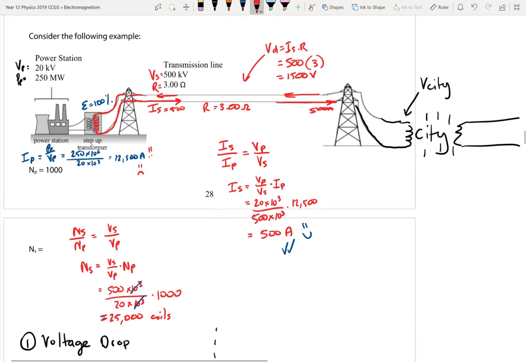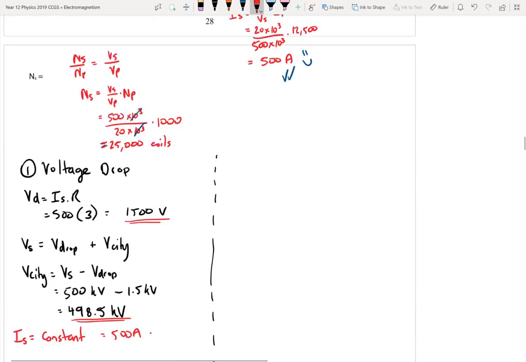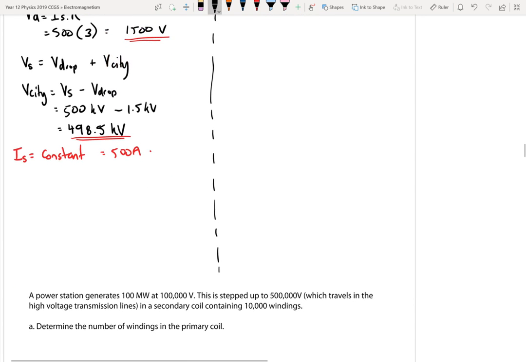So we could have an ammeter anywhere along. I could put my ammeter here, I could put my ammeter there, I could put my ammeter here. It's the same circuit. It's going to read 500 amps all the way through. This is one lump of wire all the way along. The current is constant, and so we can use that to figure out what the power supplied to the city is. So our power supplied to the city is going to be I secondary times the voltage of the city, P equals IV,